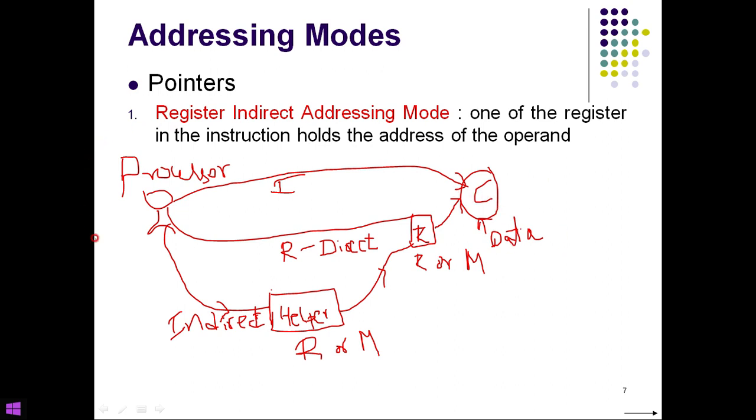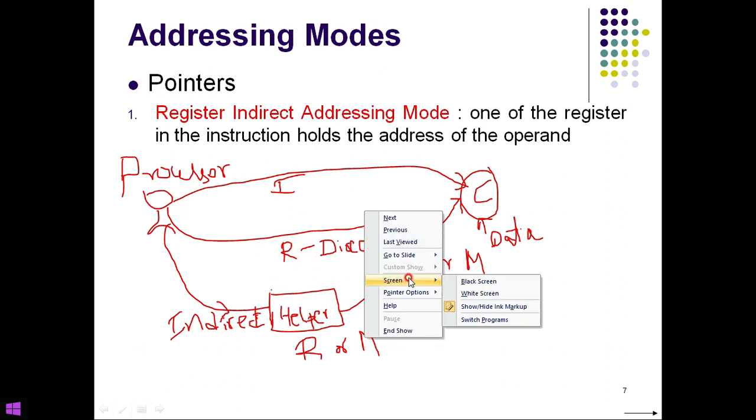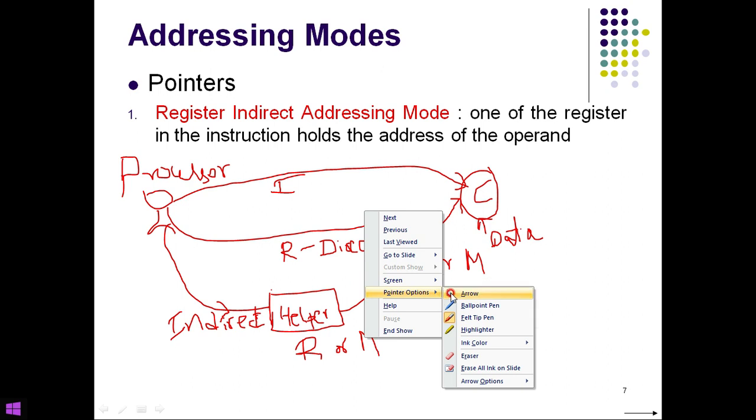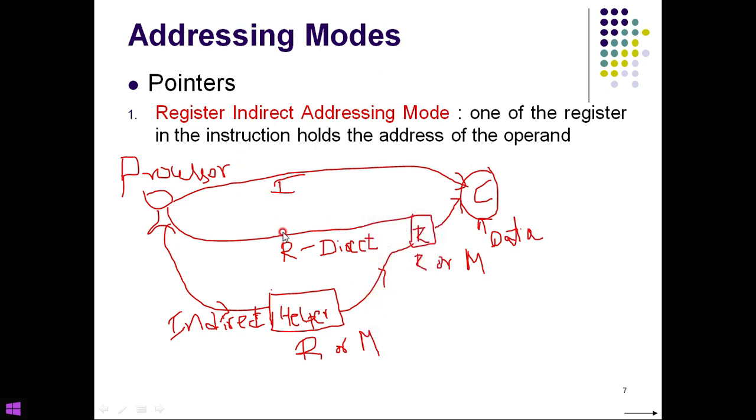I hope this clears up all the addressing methods. I stands for immediate, R stands for direct, and indirect is where you have two registers, so via two registers it reaches the data. So friends, this is very important: addressing methods summarized in one simple diagram. Please don't miss this part of the video.